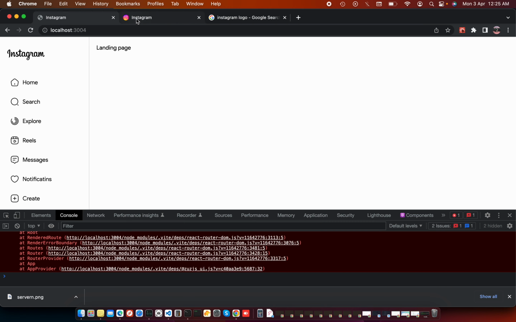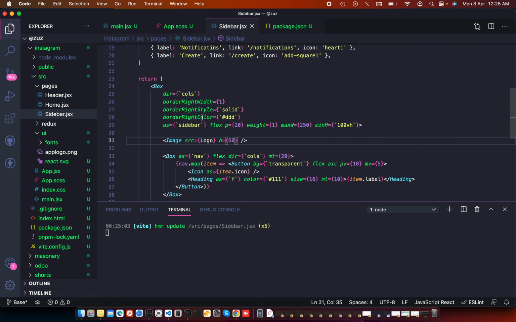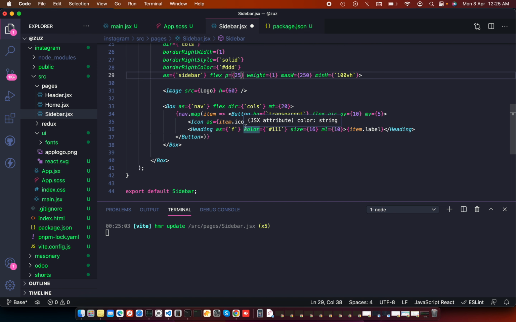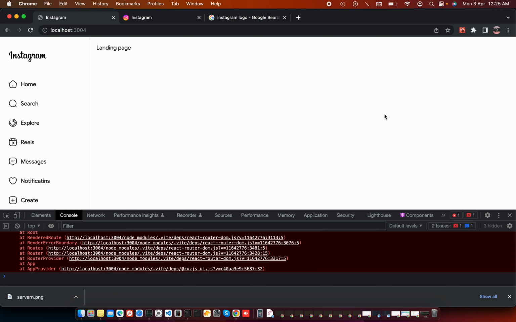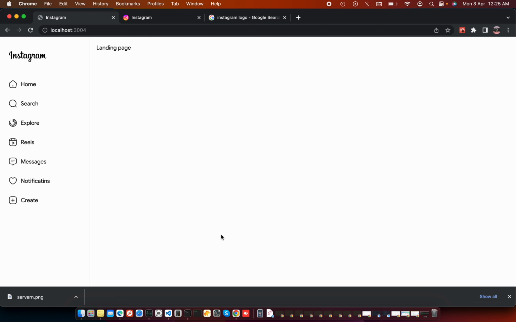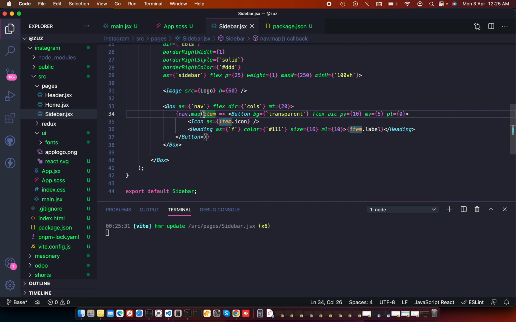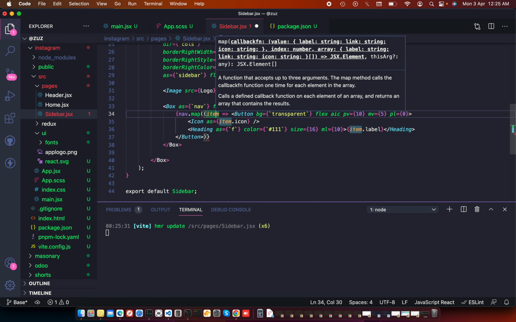And now I need to reduce the padding to 25, and the padding of this button should be, let's change padding left to 0 maybe. Yeah, good. And now we need to add an index from map